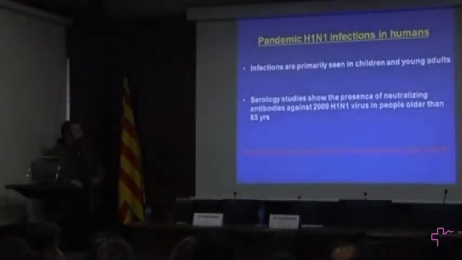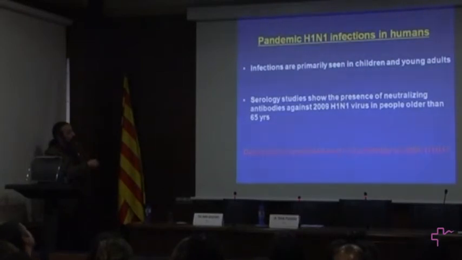But this allows us to make this particular hypothesis. When the pandemic H1N1 came, the infections were primarily seen in children and young adults, and not in the elderly. And the elderly usually are the people that are more susceptible to severe disease by influenza virus. So that was actually good news because the virus was not circulating well in the elderly, in the old people, and because of that was also not causing severe disease because most of the severe disease is there in the